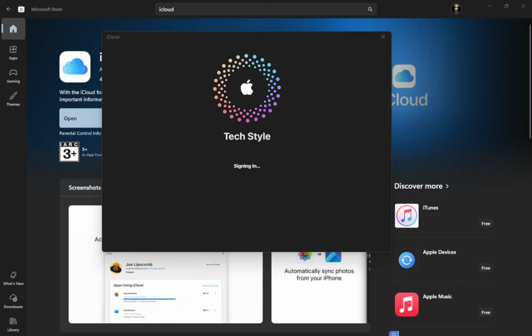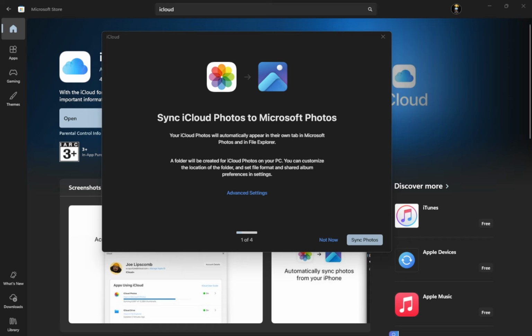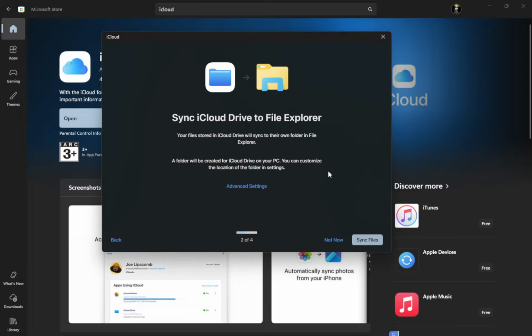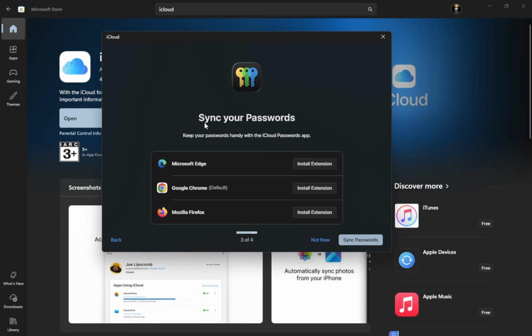And that's it. You've downloaded iCloud for Windows, installed it, signed in, picked what to sync, and learned where to find everything on your PC. Enjoy a smoother workflow with your files and photos available wherever you need them.